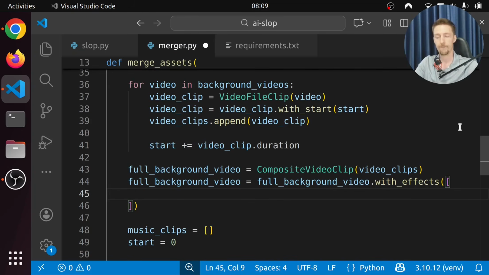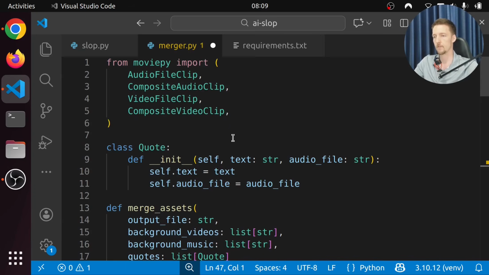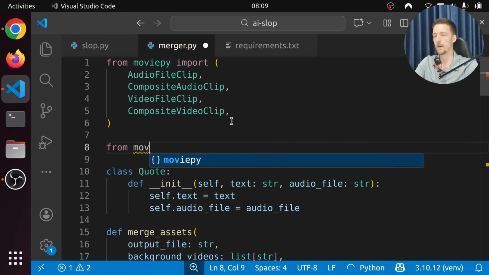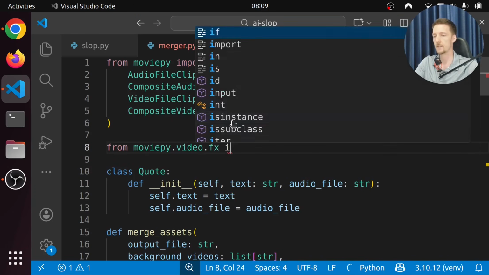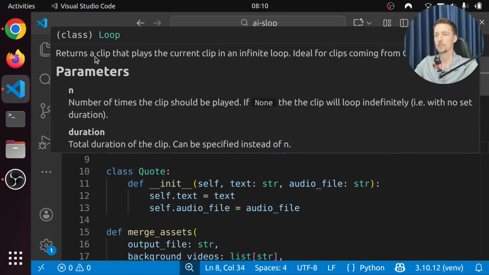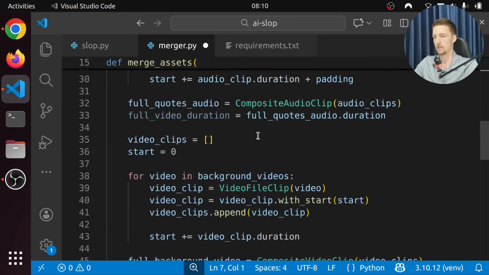And there is an effect called loop, and we have to import that from the MoviePy effects. So from MoviePy video fx import loop. And this is just going to return a clip that plays the current clip in an infinite loop. Okay, so then it's going to be an infinite video.